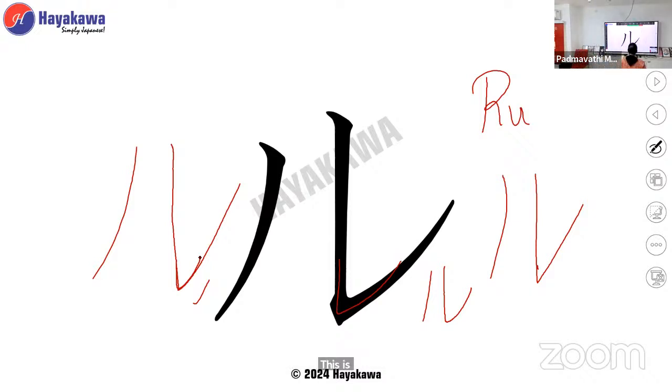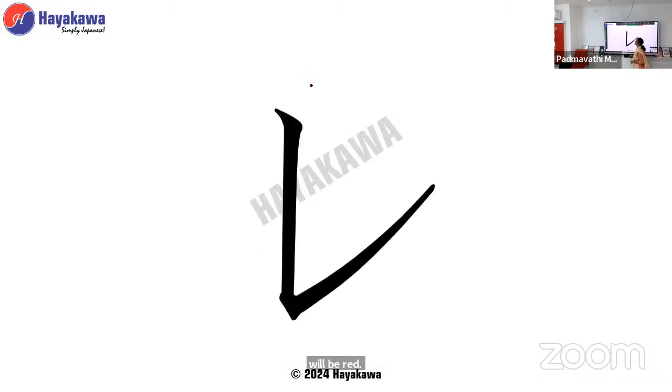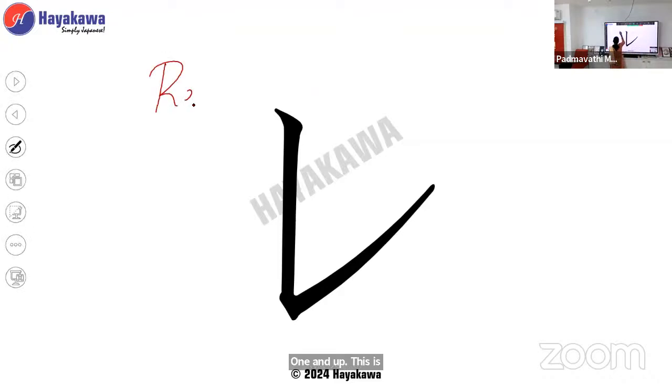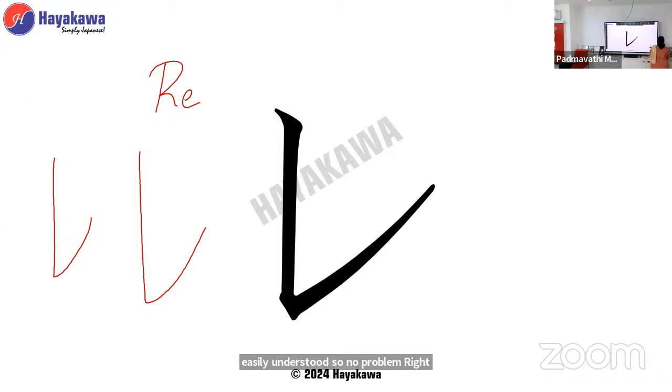Now, re is going to be half of ru. The second stroke alone will be re. 1 and up. So this is going to be 1 and up, right? Re. So it can be sharp also, okay, because no other character is similar. So it is easily understood. So no problem. Re. Ra, ri, ru, re, and finally